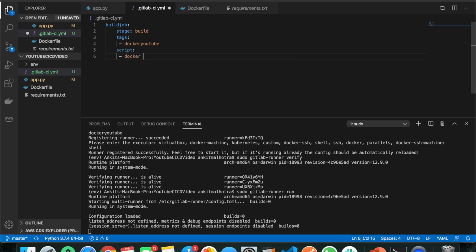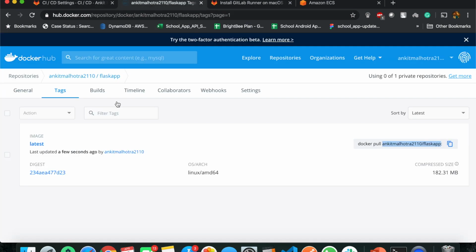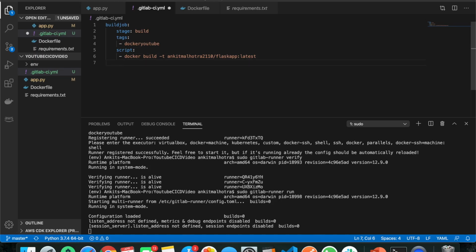So what is the first step that we did? We built the Docker file, right? So Docker build. This time we will simply create the Docker image with the same name, Flask app latest. We will confirm if it is the same, yes. Now we will push this image to DockerHub, and once the image is pushed, we will write a command to